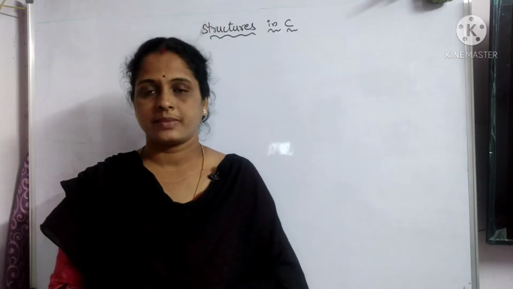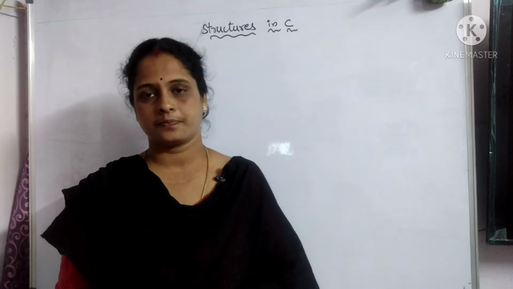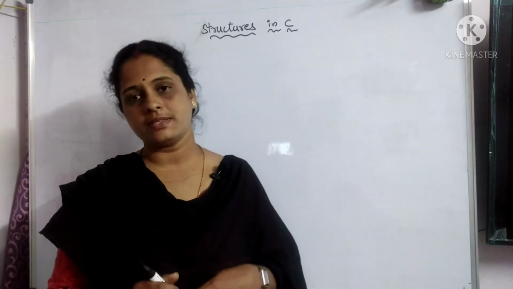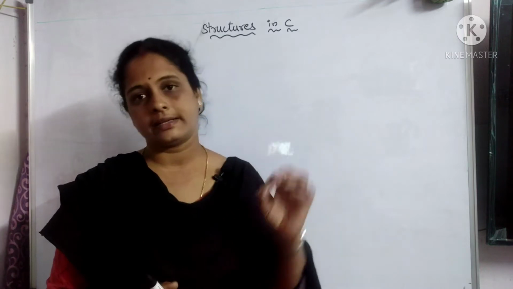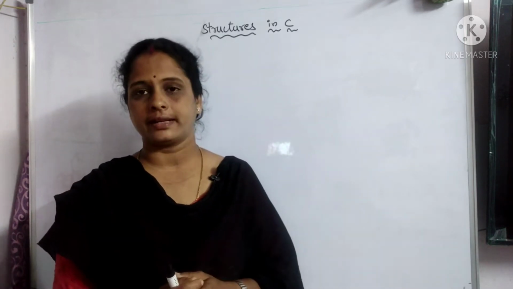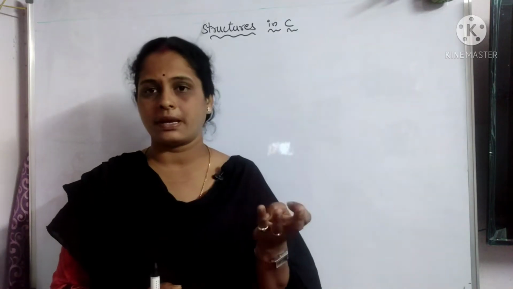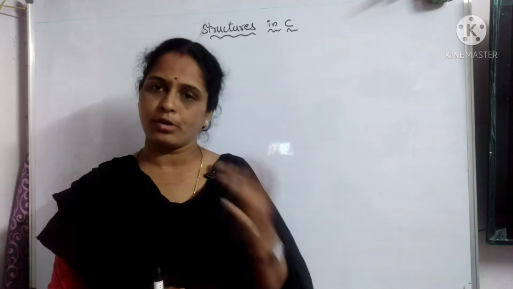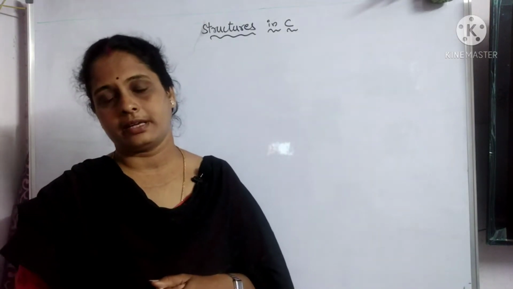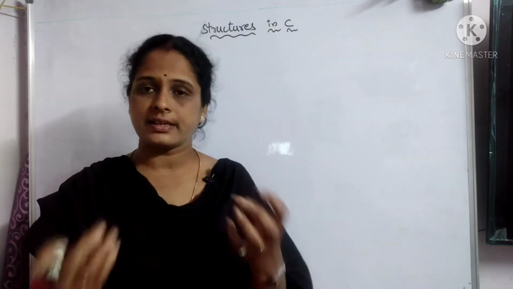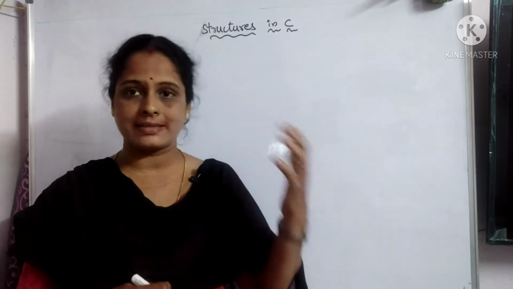Hello students, in this session we are going to discuss structures in C. As we have seen in the previous sessions, a structure belongs to the derived data type. We have three different data types. Under that we discussed what a primary data type, derived data type, or user defined data type is. Structure belongs to the derived data type category. Why do we say that it is a derived data type? Because a structure is derived from existing data types.